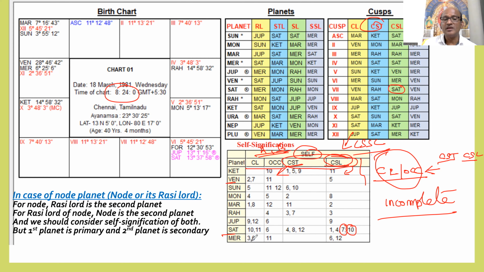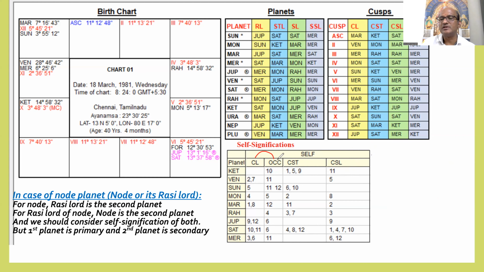It means each planet's self-significations are not just cuspal lordship and occupying house, but also cuspal star lord for which houses, cuspal sublord for which houses. We have to keep it in mind. I am talking about only each planet's self-significations, individual planets. Then that nakshatra lord, another planet, that planet's self-signification also. Then the sublord, some planet, that self-signification. We have to study.